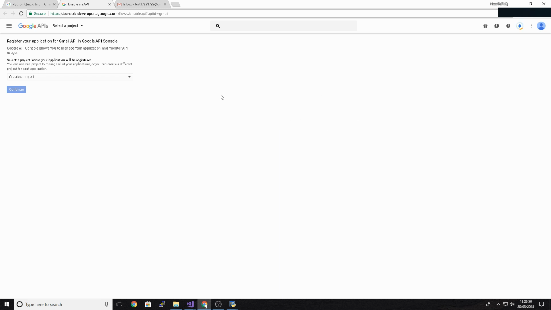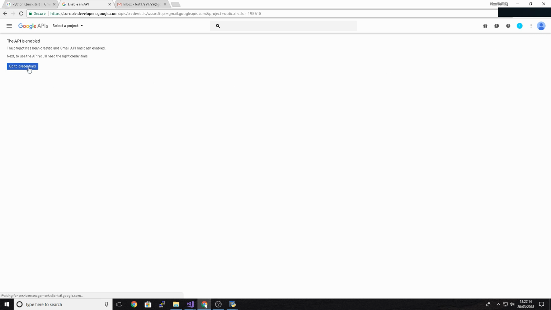And this can take anywhere from 30 seconds to sometimes up to 3 or 4 minutes, but it really depends on how good your internet connection is and how fast it will make the project on Google. But it normally takes about 30 seconds for me, so just be aware that it can take a long time, and it normally is showing a little ring here if it is doing something. Now we're going to go to credentials,